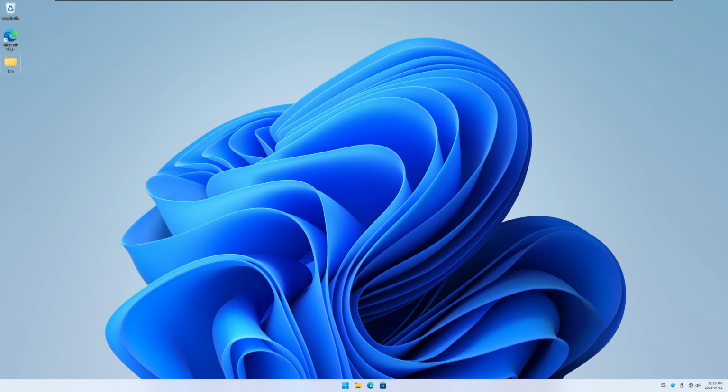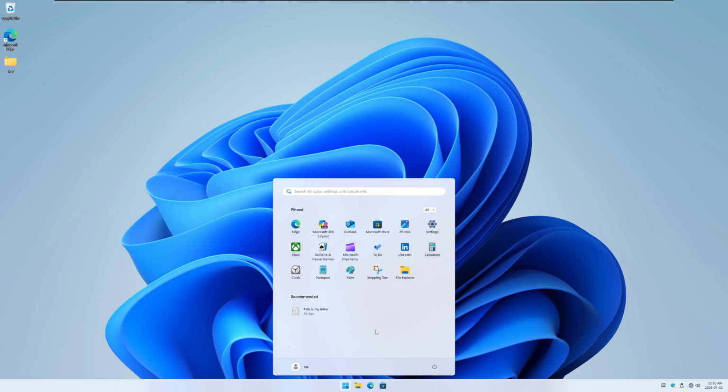So at the bottom, we have our taskbar right here. You can see here's the Windows button, and I've got the Windows Explorer pinned down here, the Microsoft Edge browser, and the Microsoft Store. So these are all default pinned items on the taskbar. You can easily pin more items on the bottom taskbar by just right-clicking on an item. Let's say the snipping tool, right-click on the item, and then pin to taskbar, and that pins it to the